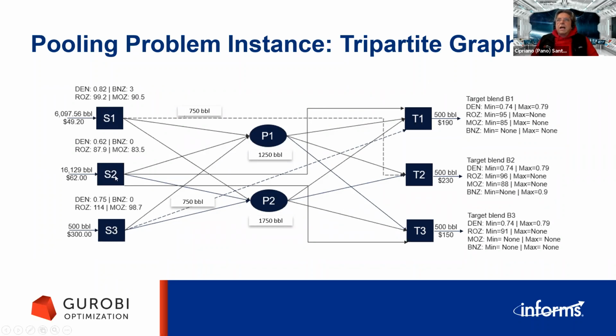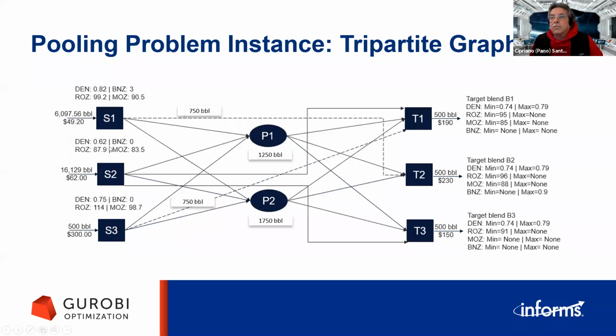S3. And for each source node, like S2, we have the availability of oil coming from this source node. In this particular case, we have 6,129 barrels of oil available each day, and $62 is the cost of that oil. And then there are several attributes. These are chemical components in this type of oil, and these numbers here are the concentration of those chemical components